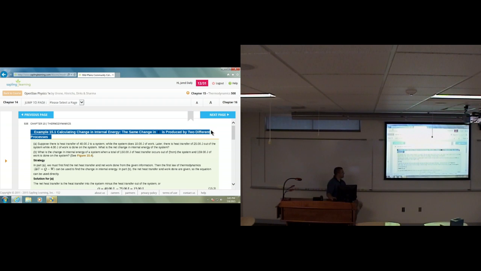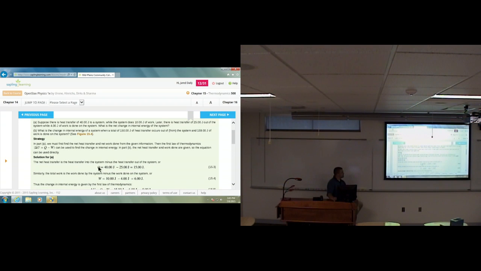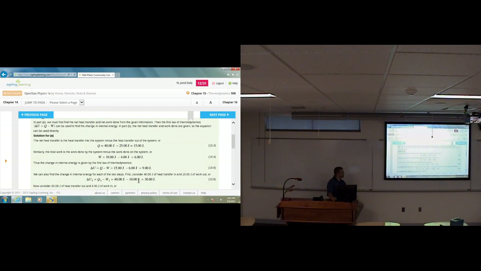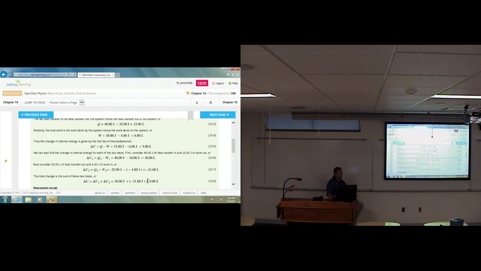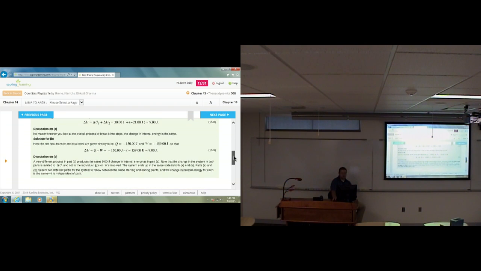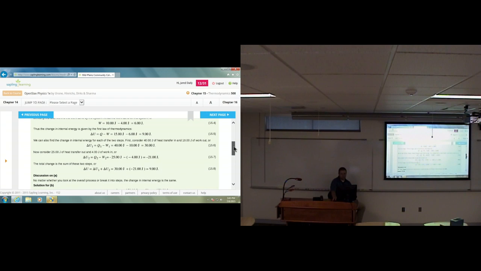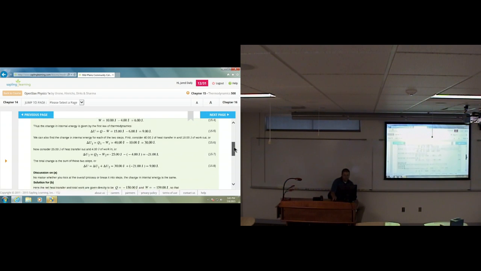And you would get the total change. So it looks like they're going to use the first method where they take the heat in minus the heat out, and they get 15 joules total heat. They're going to do the work out minus the work in, 6 joules total work, and they're going to plug them into the equation. And it's a good way to do it as long as the law is this version of it. If somebody comes along and gives you a different version of the first law of thermodynamics, then you might get screwed up a little bit. But in part B, they want to know